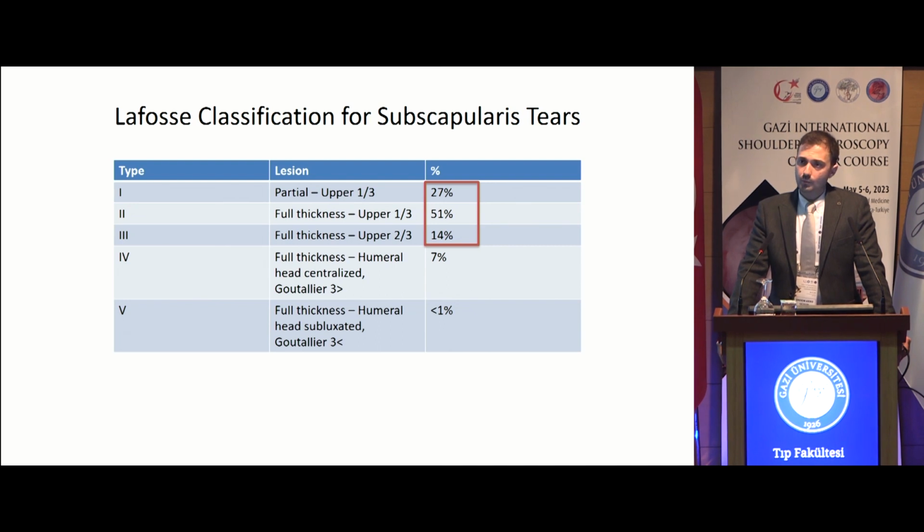This is, as I said, the most common type of tears. They can be managed with simple repair techniques. We typically use a single row technique with these tears, and simple sutures with a single suture anchor is typically enough. But if you have a type 4 tear, which